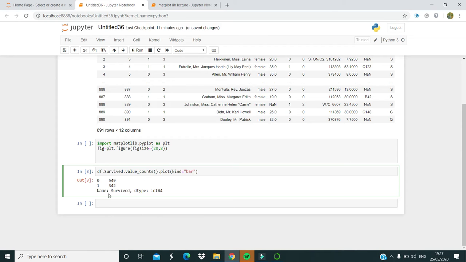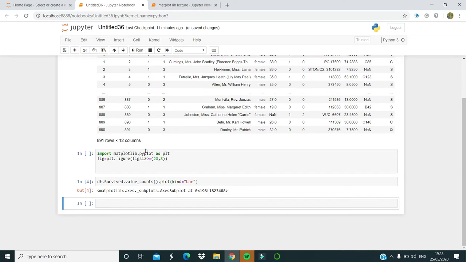So the plotting kind is bar, which means it will give us a bar plot. Let's run it. Yes, it is returning an object. It is not giving me any plot. It has returned a matplotlib.axes._subplots.AxesSubplot, but that means I cannot see the plotting.